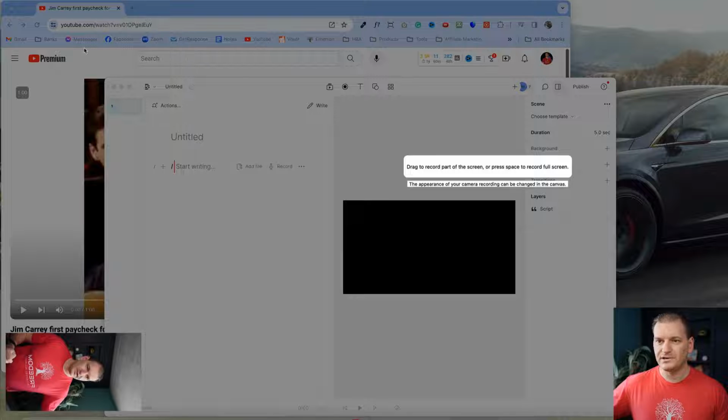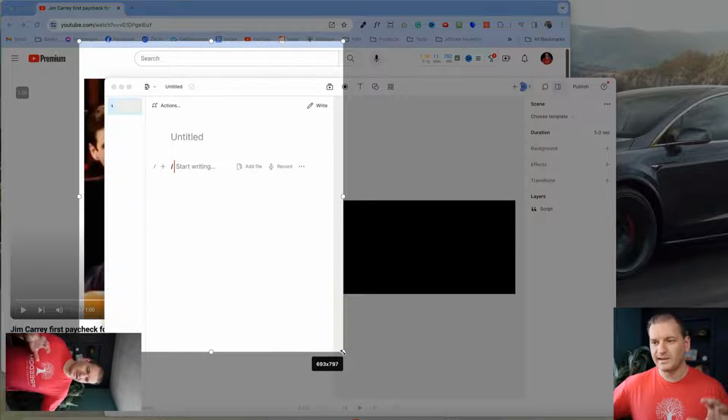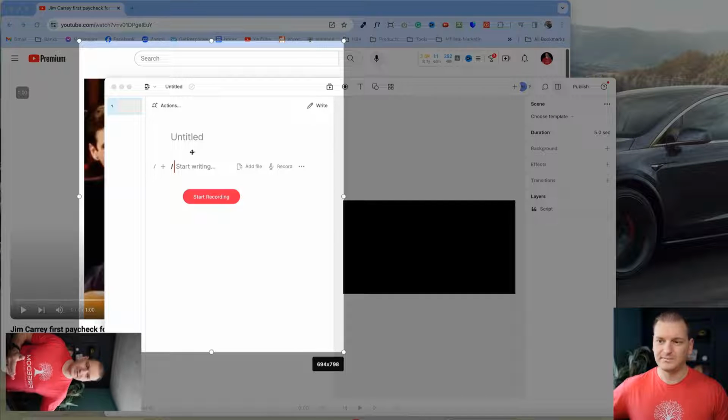And then what I do is I just highlight the rough area of where the video is at, and then I will edit that later. So don't worry about it right now, but I just give it a rough, this is about where the video is at on my screen. So I'm just going to do that. And again, you can zoom in, cut it, crop it, all that stuff later. And right now you're seeing Descript, but I'm going to switch to the other window when I'm in there. And then I just click on start recording,